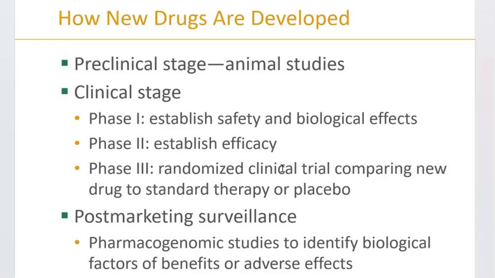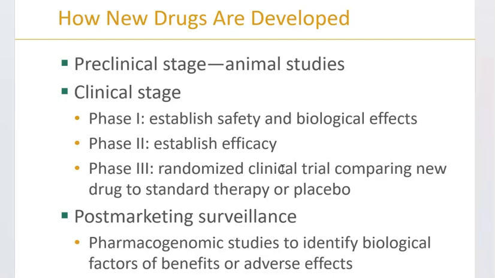So phase 1 clinical trials, right? We're looking to establish safety and identify biological effects. So they are looking to establish the biological effects in a small number of healthy patients, as well as safe doses and the pharmacokinetics. So phase 1 clinical trials are with humans, right? During phase 2 clinical trials, the new drugs are used to treat disease in a small number of patients and establish the potential of the drug to improve patient outcomes. So now we're starting to see, does it work or not? We're trying to prove its efficacy.